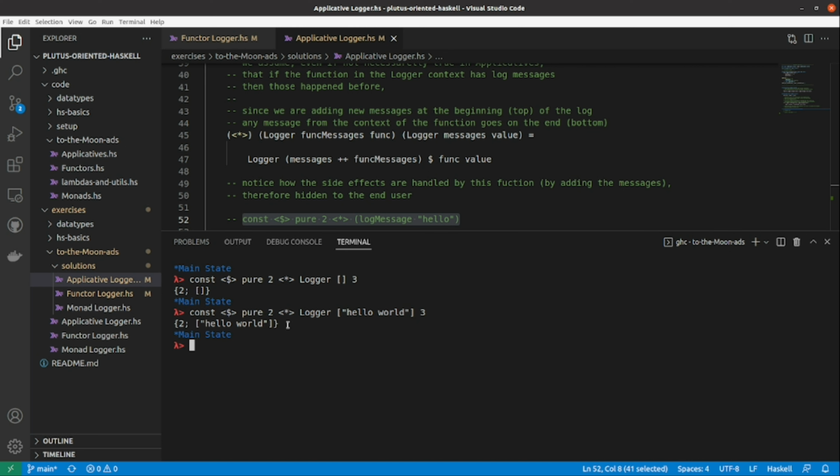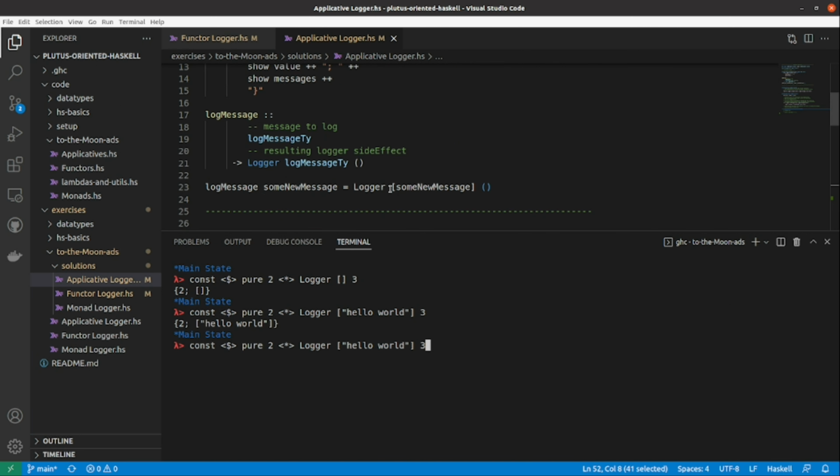And we see that we have logged a hello world string into our logger, which is holding our 2. We do have a utility function that allows us to create a new logger with new messages, and we don't really care about the value that it is holding. And by using this utility function, we can write an expression like this one, where